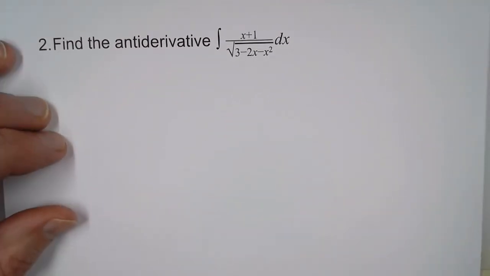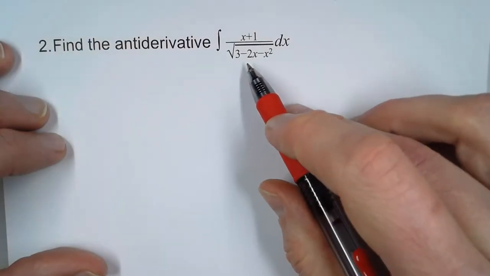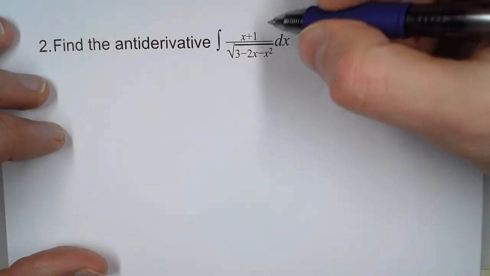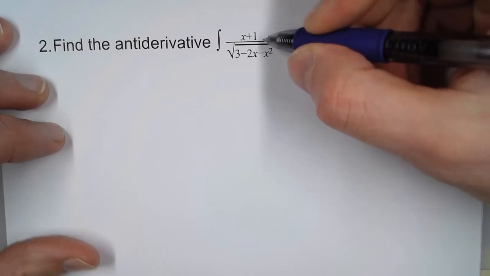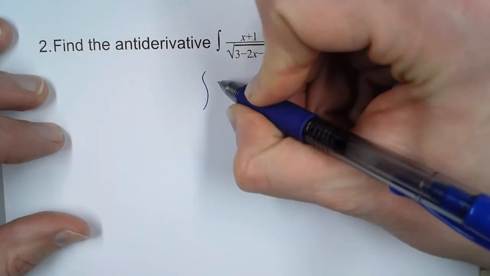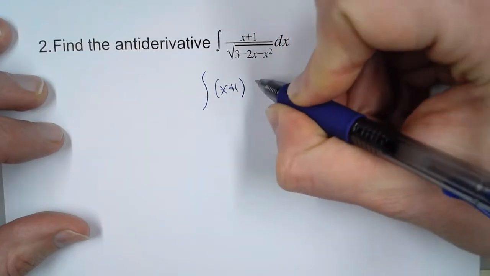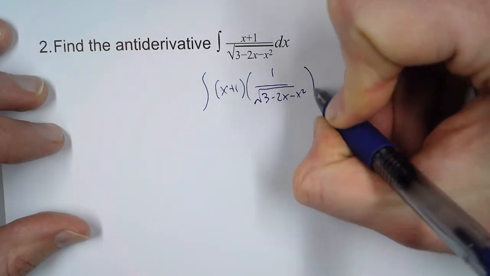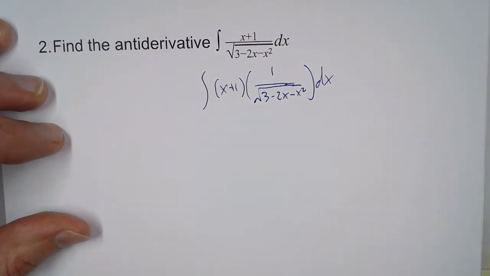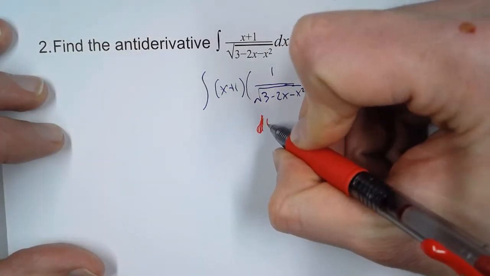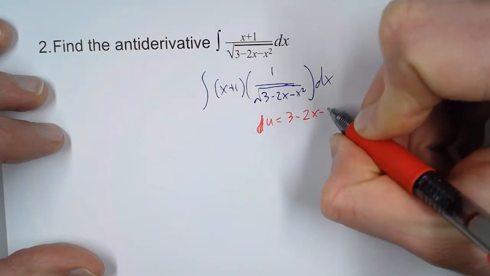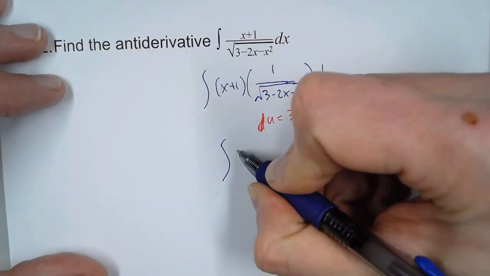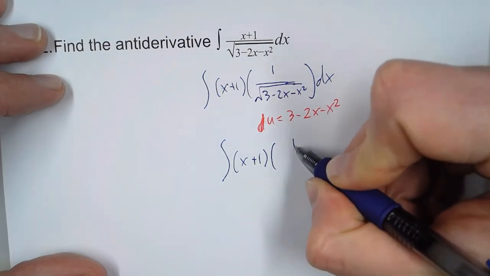Number 2. Here, with this problem, the inside function is going to be 3 minus 2x minus x squared. But first, I want to write these two things out separately. When we have a quotient, it often is hard for people to see what's going on with u substitution. So we'll write this as x plus 1 times the quantity 1 over the square root of 3 minus 2x minus x squared dx. So u is 3 minus 2x minus x squared. So now we'll replace that. So we have x plus 1 times 1 over the square root of u